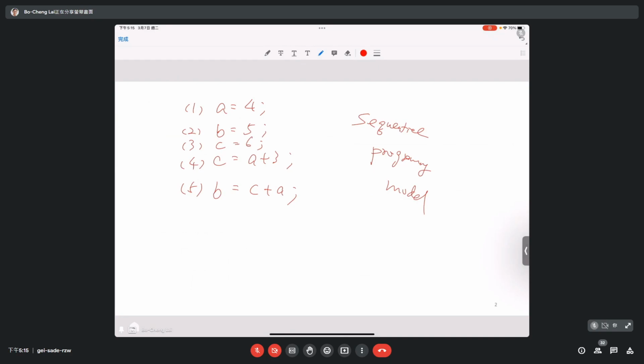So I am a programmer, 我写程式的人。When I write my program, I can assume my program can be executed in this way. Why do I need that? So I have the sequential model, then I can reason, I can predict what will be happening for my code. 我就可以知道我写的程式它的行为是什么。你不用跑，我只要自己 trace code，就可以 trace 出它的结果应该会是什么。这个是它的原因。